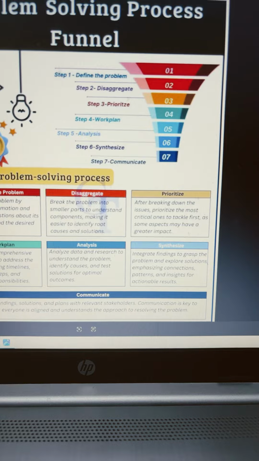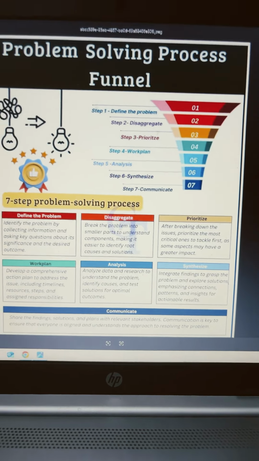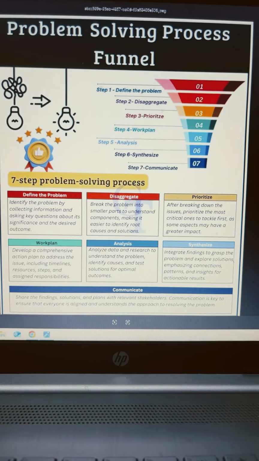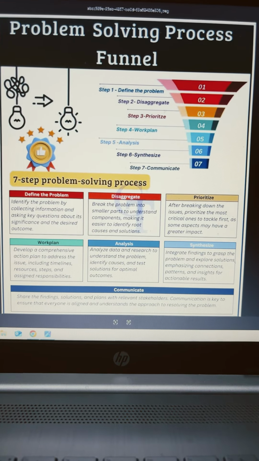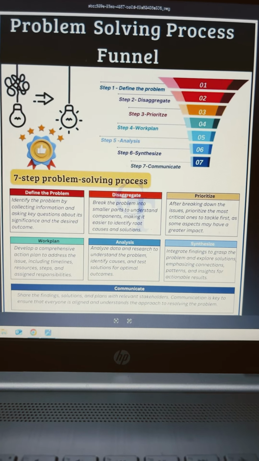And the last step is communicate. You need to communicate, because communication plays a very important role in the organization. You communicate your findings, your solution to the relevant stakeholders, because the communication is